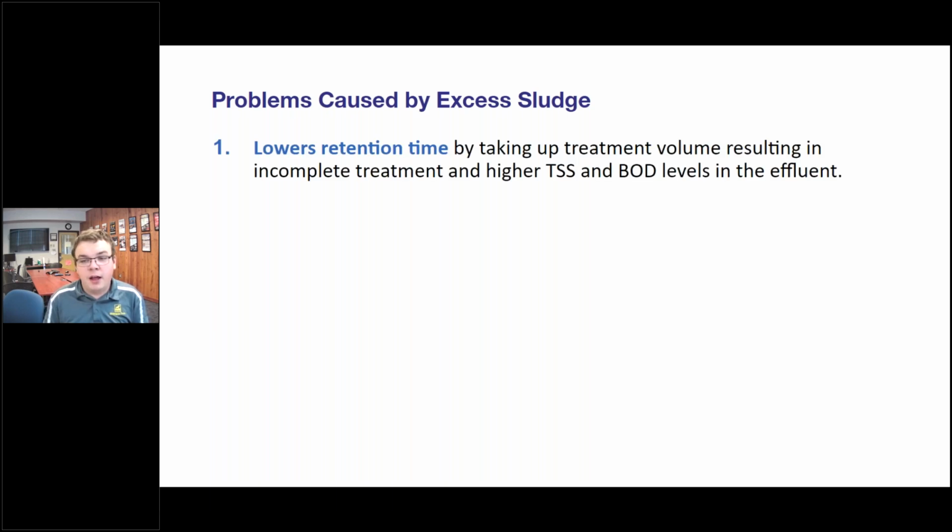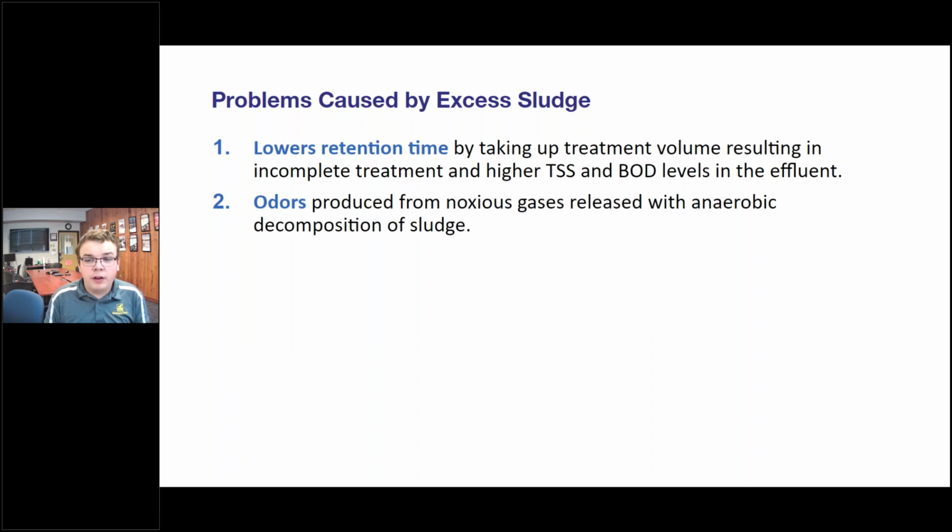First, that we've talked about a lot, is it's lowering your retention time. It's taking up your treatment volume. It's resulting in incomplete treatment. So you're going to have higher suspended solids. You're going to have higher oxygen demand in your effluent, simply because that material isn't getting processed through as it should normally be. You're going to get some odors that could be happening, where your sludge layer is getting closer